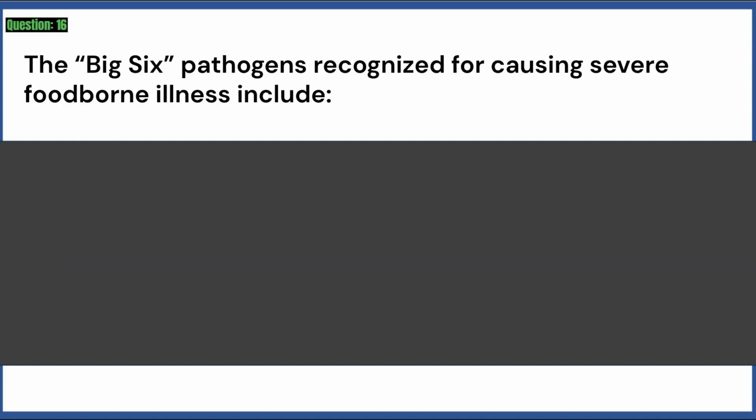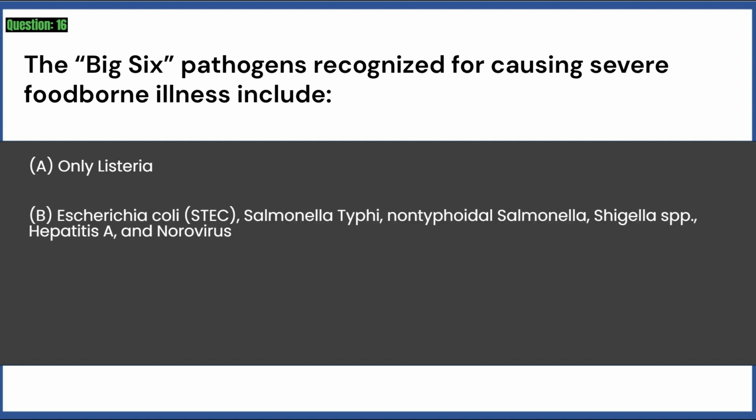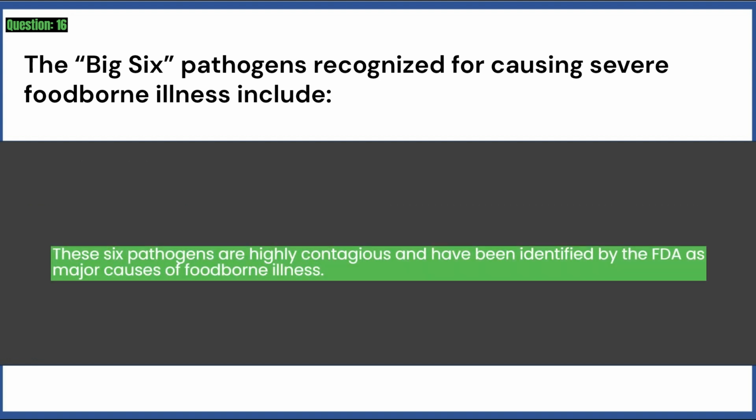The Big Six pathogens recognized for causing severe foodborne illness include: A. Only Listeria. B. Escherichia coli STEC, Salmonella typhi, non-typhoidal Salmonella, Shigella spp., hepatitis A, and norovirus. C. Only Campylobacter. D. Only Vibrio. Answer: B. These 6 pathogens are highly contagious and have been identified by the FDA as major causes of foodborne